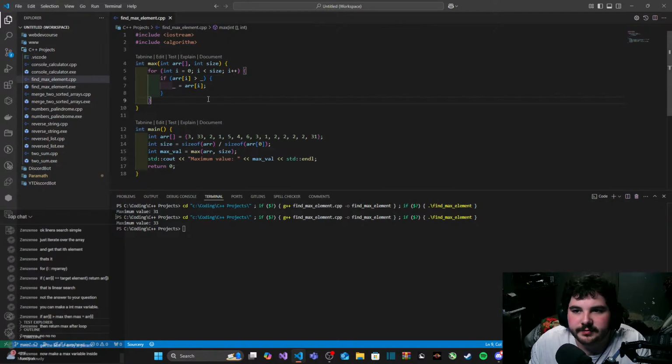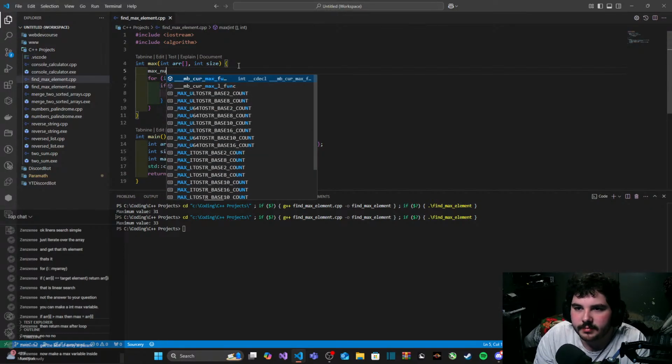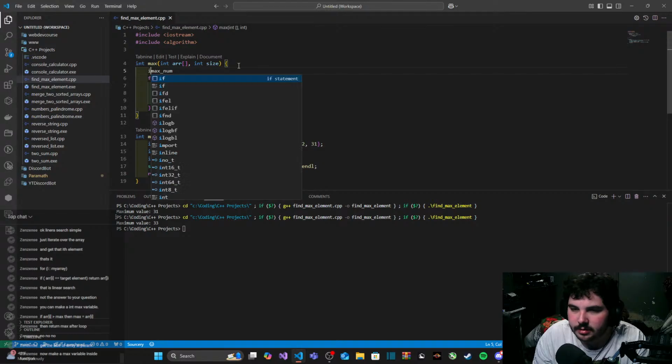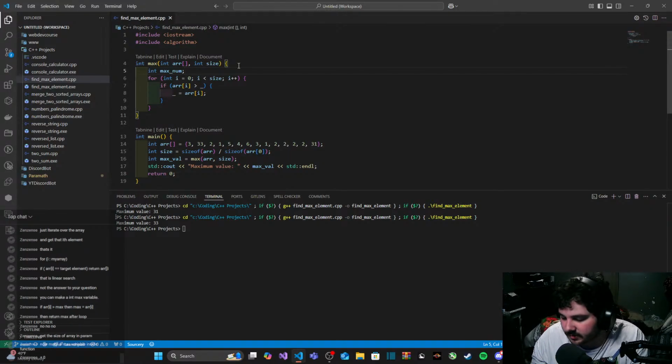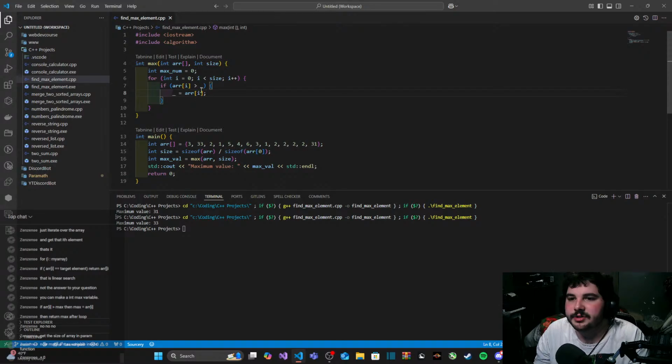Now make a max variable inside the function. Okay, max num equals 0. Okay. Oh, I see what you mean. Okay, okay, yeah, I see what you mean now.